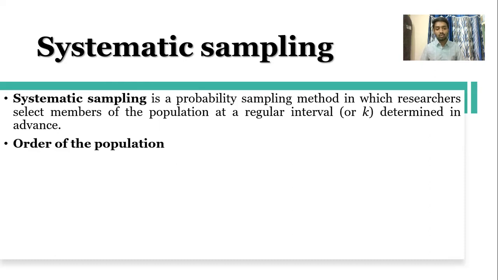So before that, what is the minimum requirement of using systematic sampling? The minimum requirement is that you should have your population in an order. You should have your population listed in order so that in whichever series or category you choose the interval, you get results that give you a representative population, not an unrepresentative population. So with an example of this we will move on.